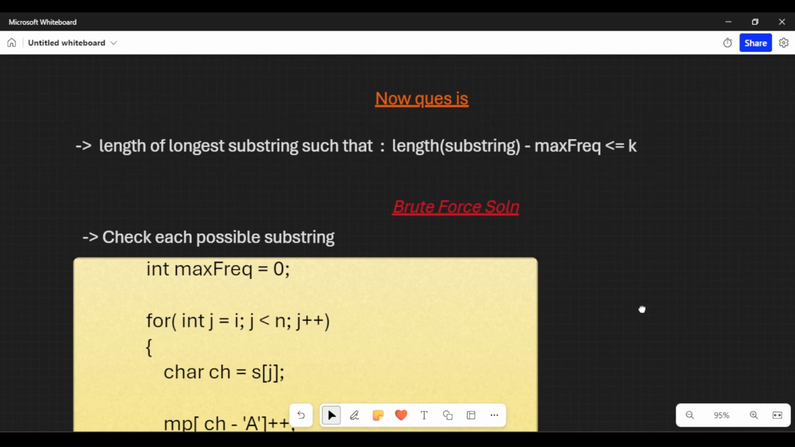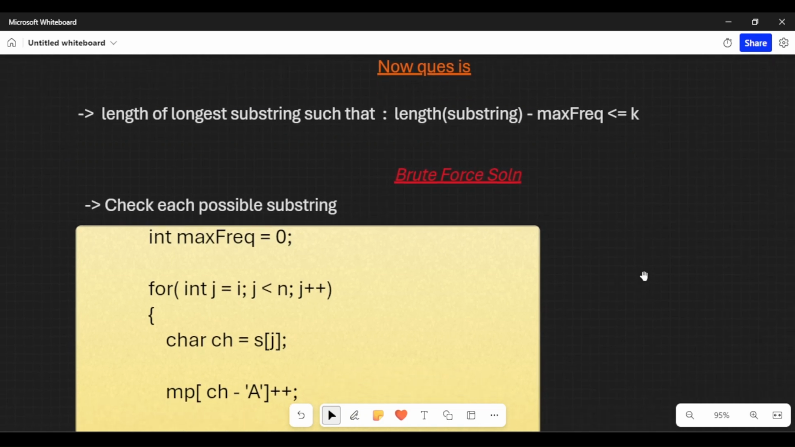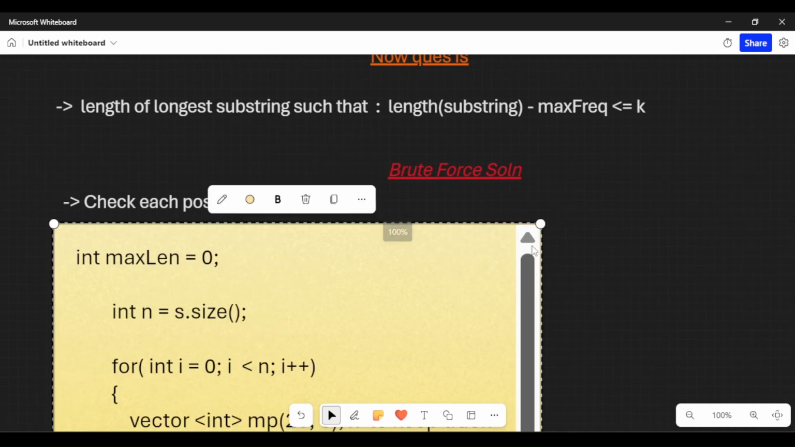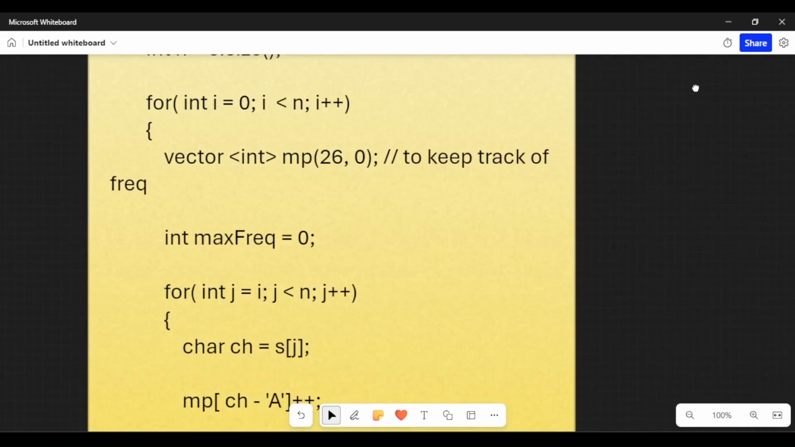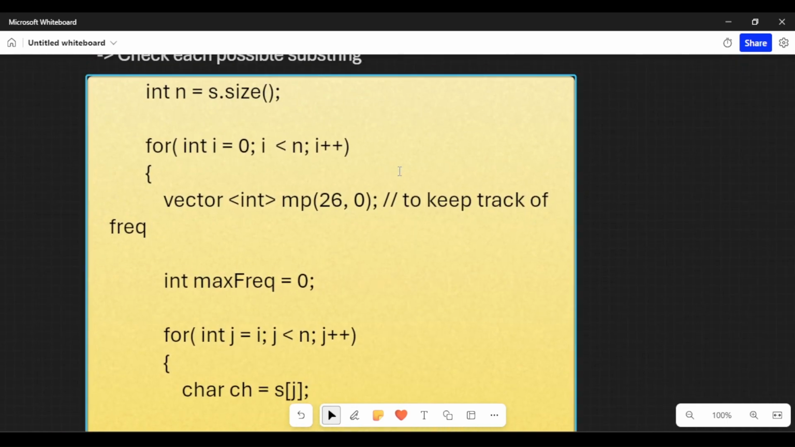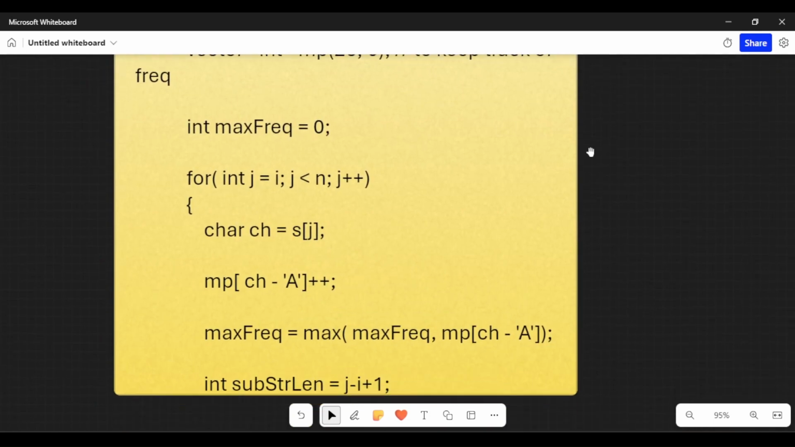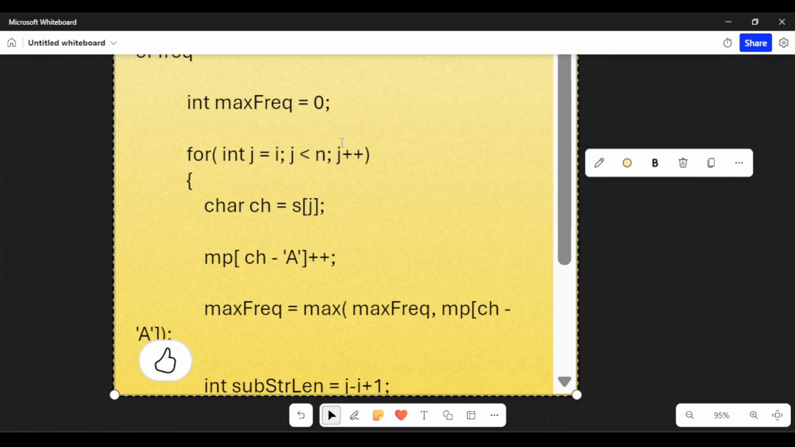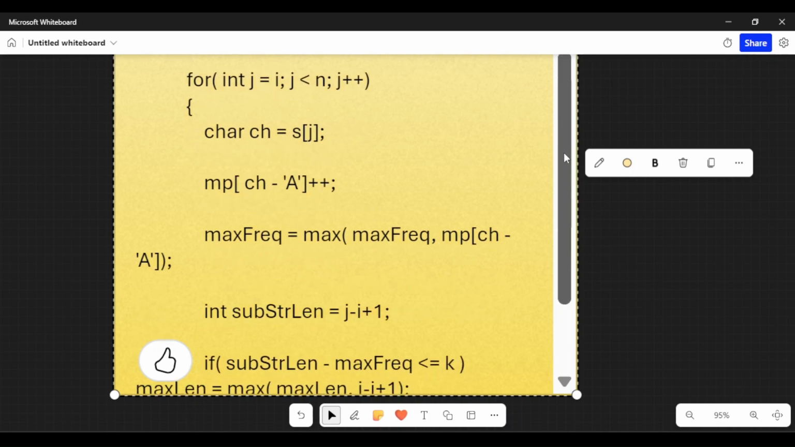What is the brute force solution for this problem? Whenever you are given questions related to subarrays and substrings, you can always use two nested loops to find all the substrings. Here the first loop will go from 0 to n minus 1, and the second loop will go from i to n minus 1. You can keep track of all the characters in that particular substring using a hash map or a hash array, and